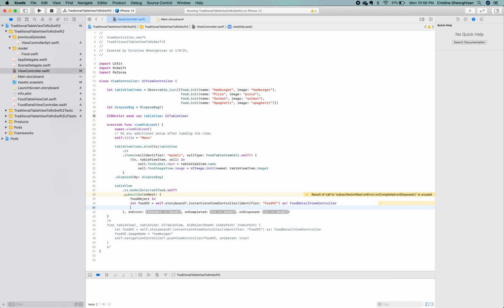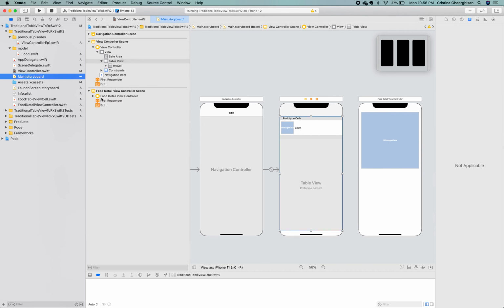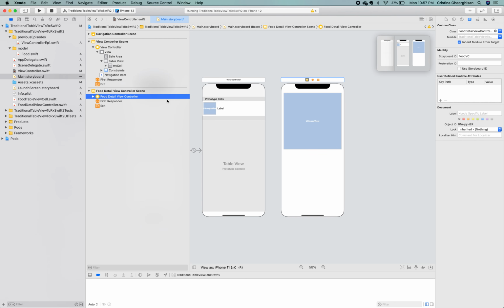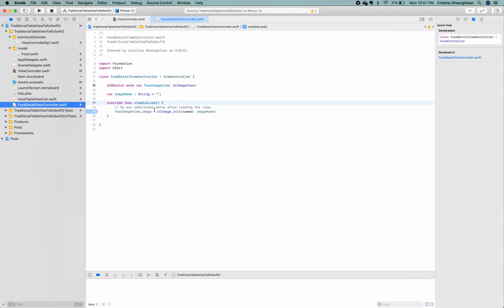Here, let's see this in our storyboard to understand things better. So here, if we select the FoodDetailViewController, we can see the storyboard ID set to foodVC. It also has an image view, and if we look in the corresponding Swift file, we can see that the image view's image is set to the value from the imageName string.